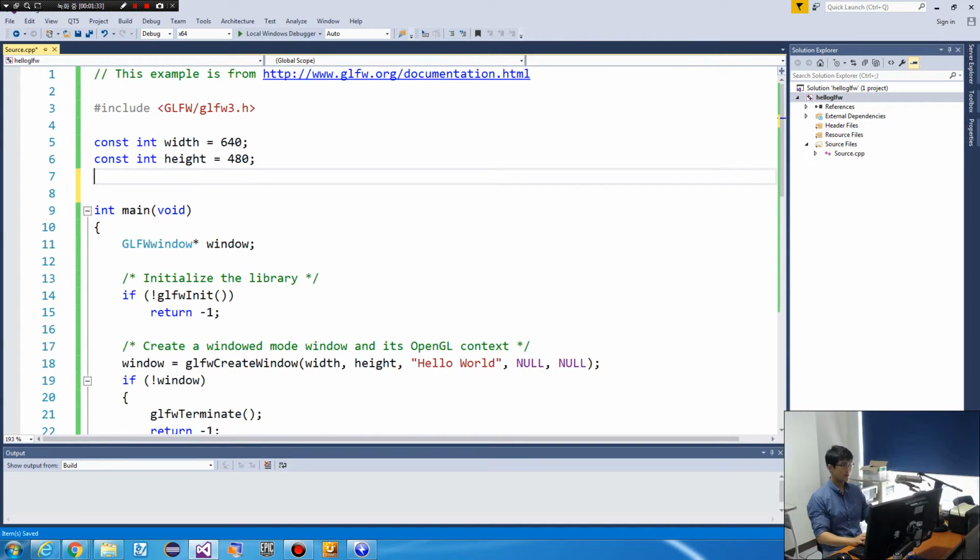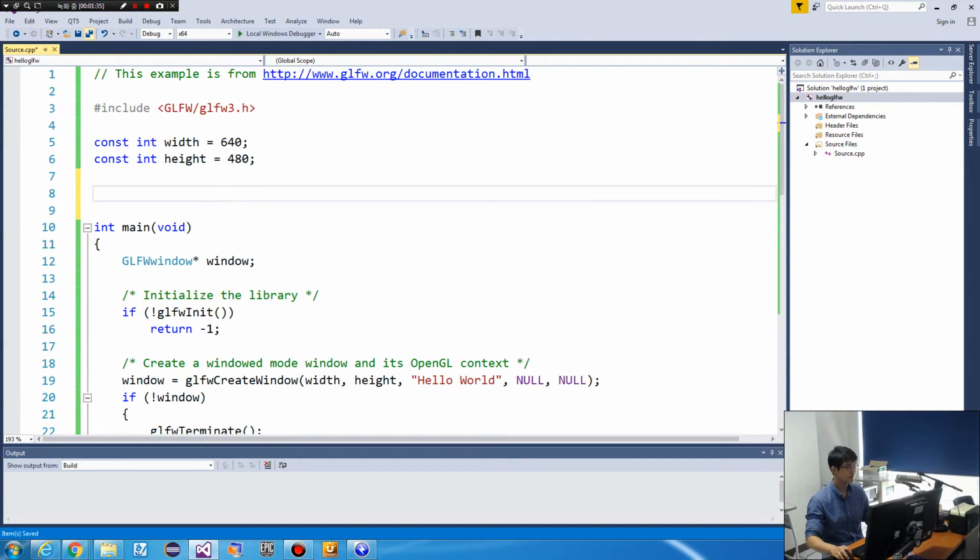So color is a set of 3 numbers. Color is a combination of red, green, blue.